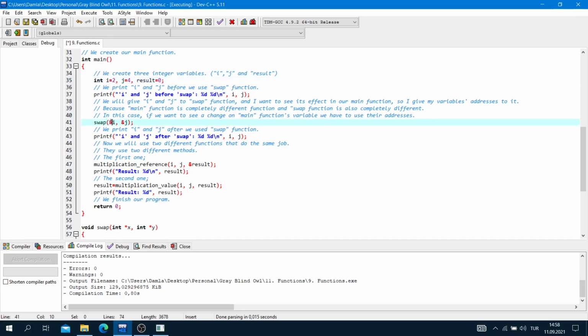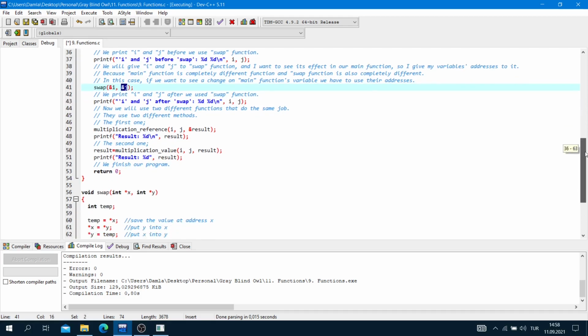So address of i and address of j, swap function, and semicolon. Swap function wants us to send two variables, one of them i and one of them j.